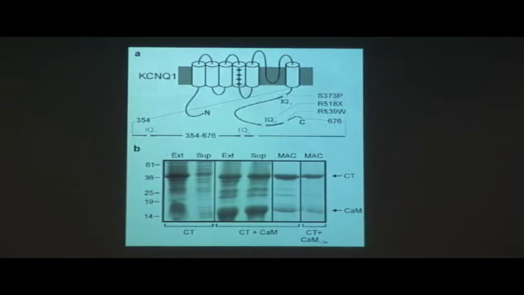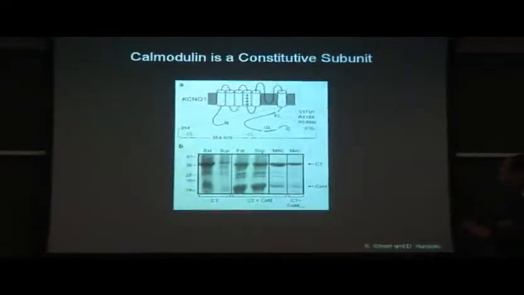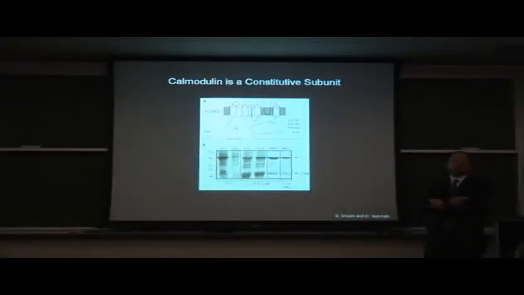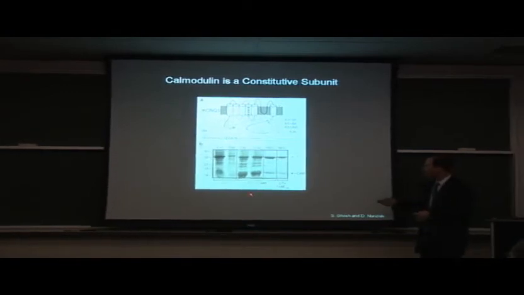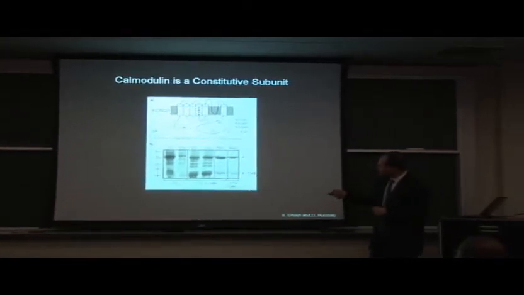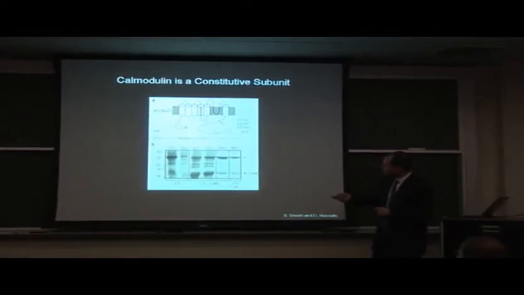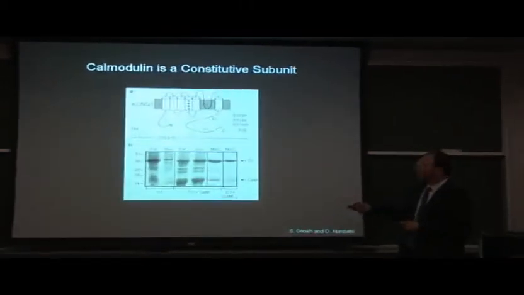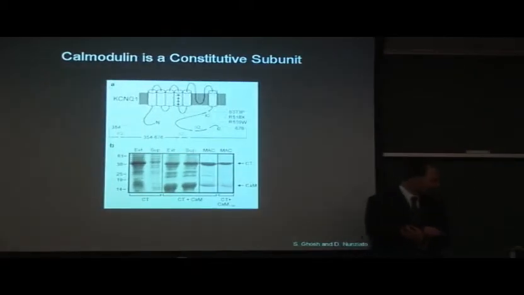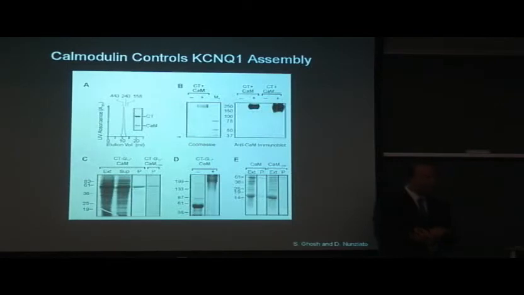This interaction doesn't appear to require calcium, although I'm going to show you that it looks like calcium calmodulin has a higher affinity for the channel, because when we take the calmodulin mutant that can't bind calcium, you can still see that the calmodulin co-purifies. So we were able to make this nice purified complex, no detergents, and to try to get an assessment of the stoichiometry of calmodulin for the C-terminus, because there are two IQ motifs.